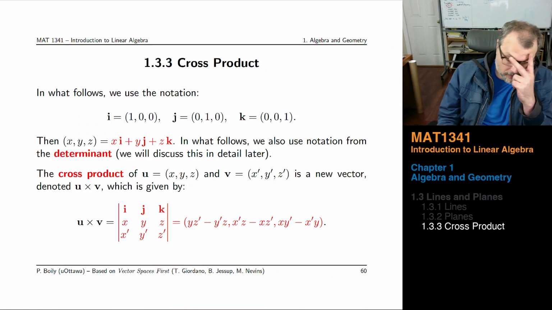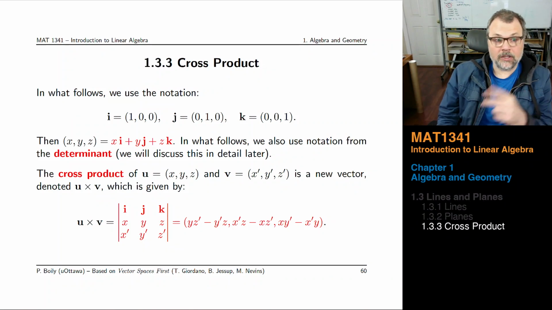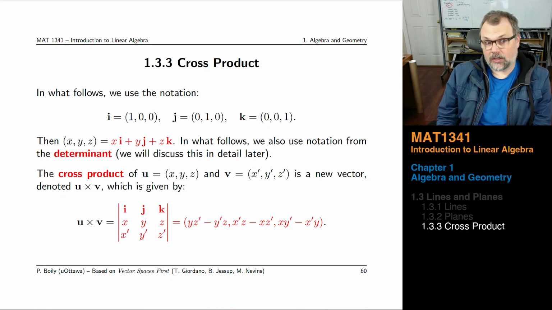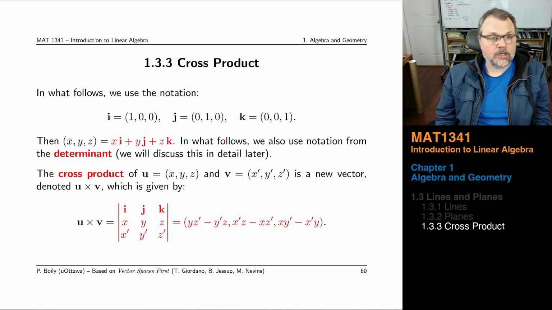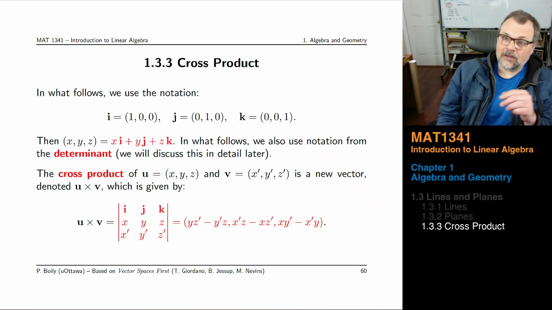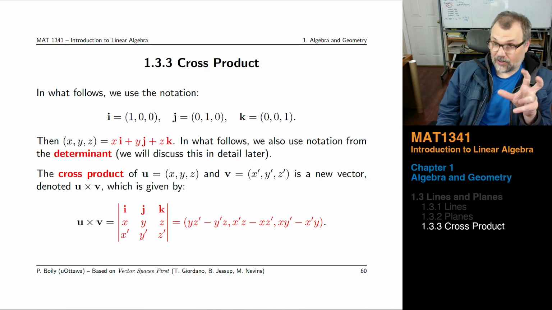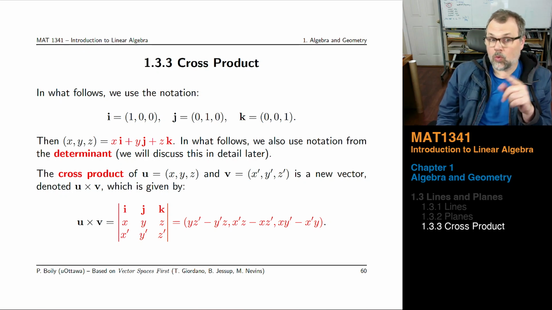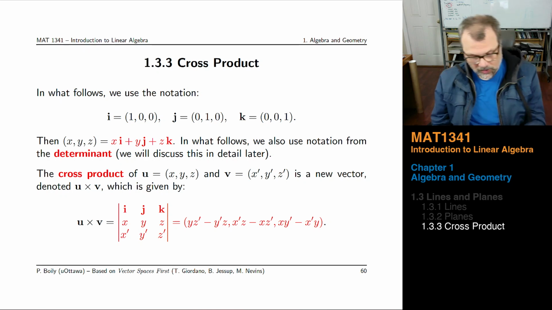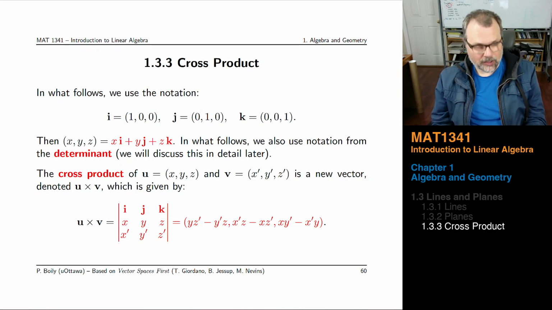This is done, at least in R3, using the cross product. So we use a very specific notation. The vectors i, j, and k represent the canonical vectors (1, 0, 0), (0, 1, 0), and (0, 0, 1). So you can write any vector in R3, (x, y, z), as an inner product, except it's not really an